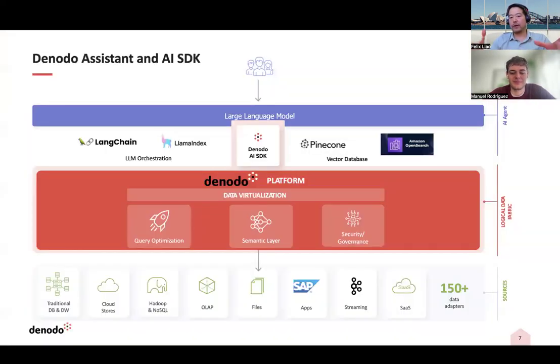Right, so let me provide a quick overview for everybody. Denodo, for those of you that are not familiar with us, is a logical data management platform that focuses on data delivery through data virtualization technologies. As you can see from this slide, we are focused on environments where you have a large set of different data sets. Could be a traditional data warehouse, cloud data warehouses, files, applications, SaaS environments, where you need to deliver data in a unified way to BI applications or data science applications.